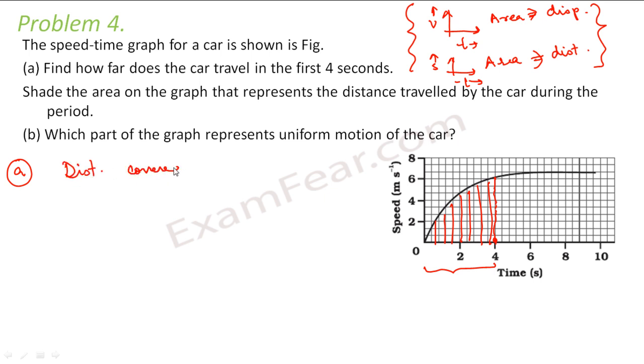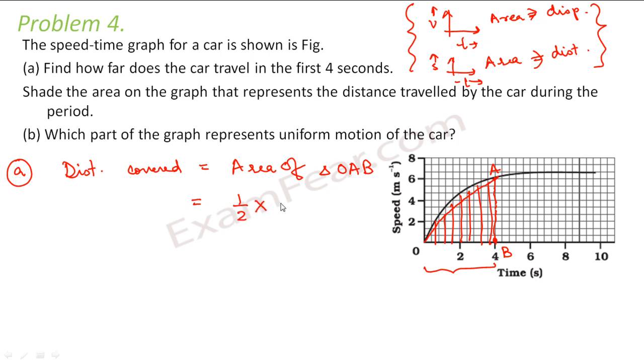So distance covered will be equal to area of, let me call this point as A and this point as B, area of triangle OAB, even though it is not exactly a triangle, but it is somewhat similar to a triangle. Because even if you draw a triangle, you are covering most of the area. This is negligible, so we can consider it as the triangle. So area of a triangle is half into base into height.